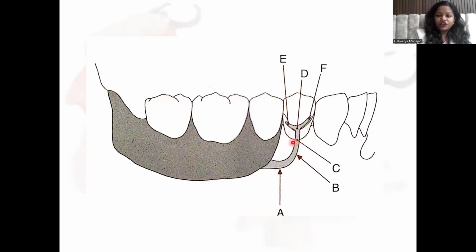C is the location where the approach arm crosses perpendicular to the free gingival margin, and D is the point of first tooth contact of the clasp at the height of contour of the abutment. Now E is the retentive terminus of the clasp, and F provides the encirclement to the